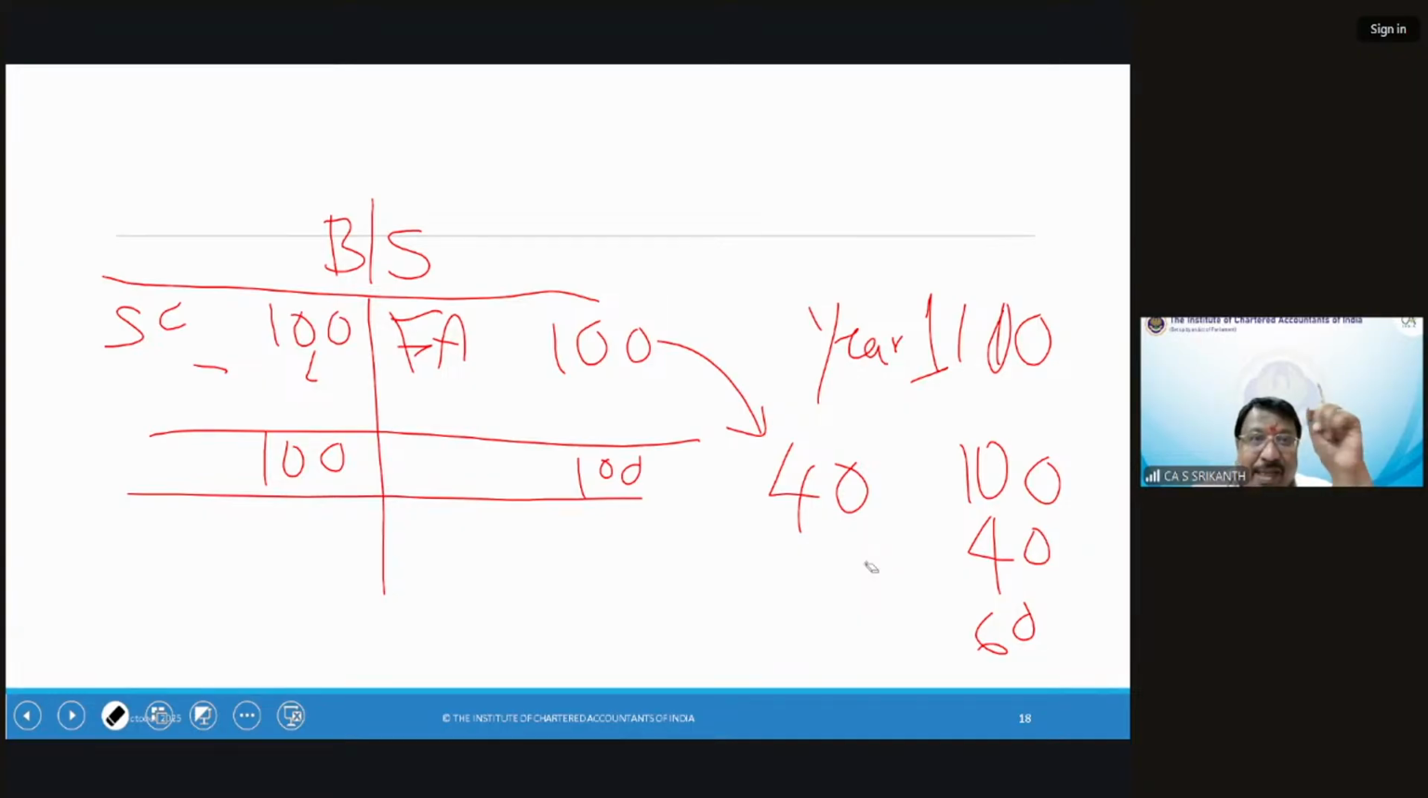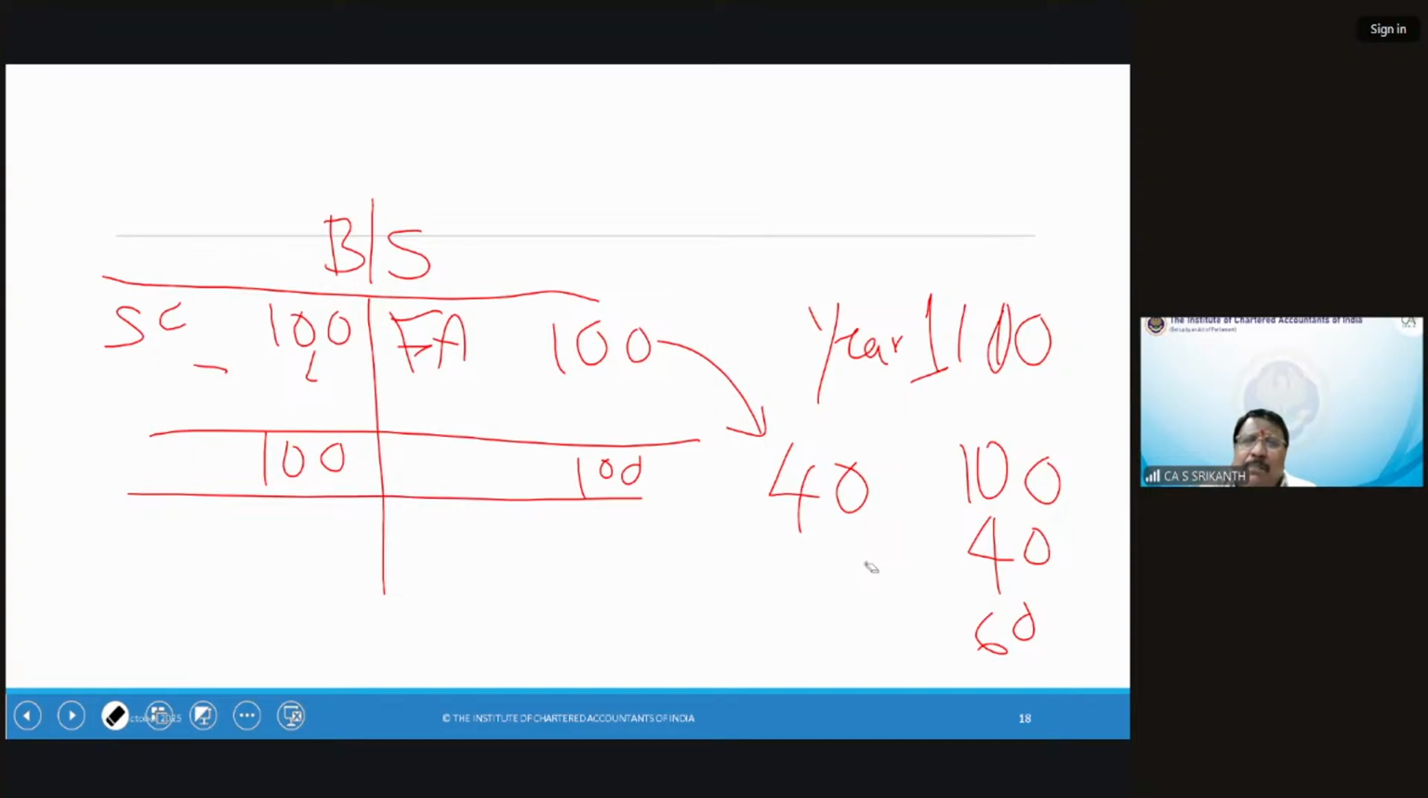Now, that means what? Friends, when we began this lecture, I told you one commandment. What was that commandment? Thou shalt not declare dividend out of capital, which is what you have done. By not providing for depreciation, this company, by giving the entire amount as dividend, without providing for depreciation,